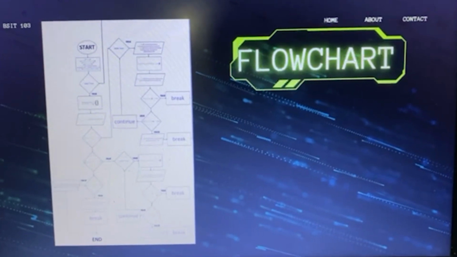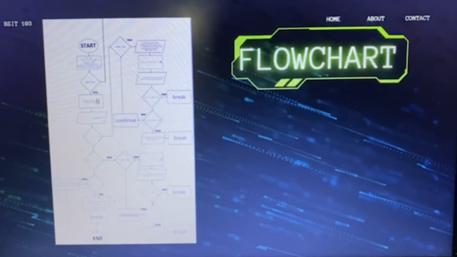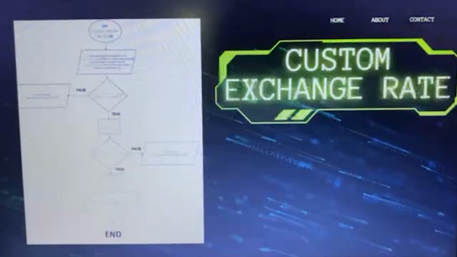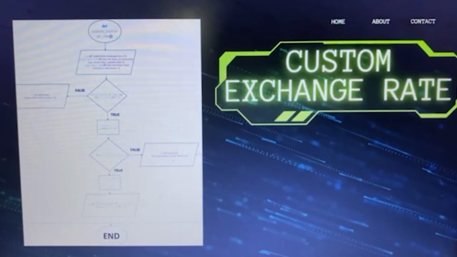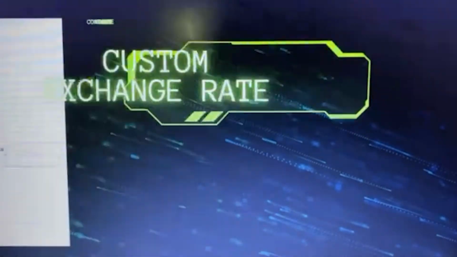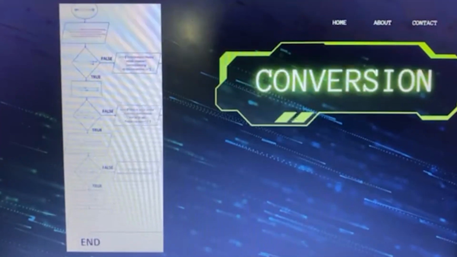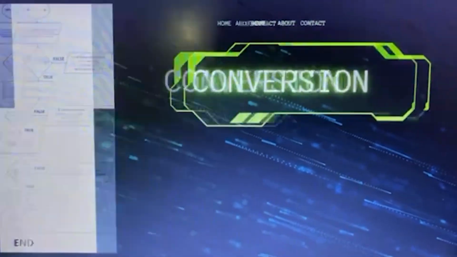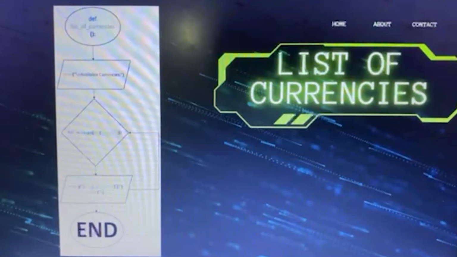So this flowchart outlines the core structure of the program, including here the user interactions and decision making. So here are the key components that were included in the flowchart. First, to start up the program, it initializes and sets up the menu options, while the menu is the function that presents the options to the users, such as listing currencies, custom exchange rate, or conversion.